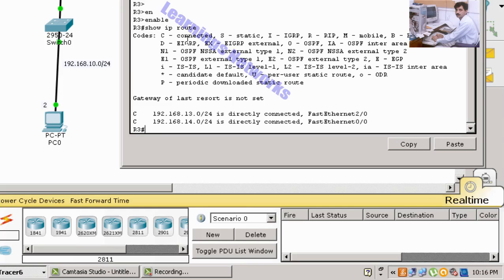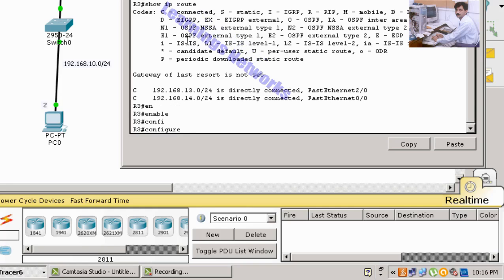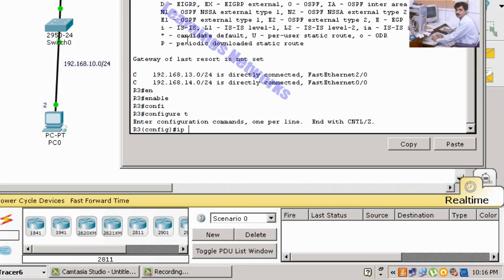First we enable R3 and configure terminal, then ip route 192.168.12.0. 12.0 is the inside network of R2, with mask 255.255.255.0. Next hop 192.168.13.1.